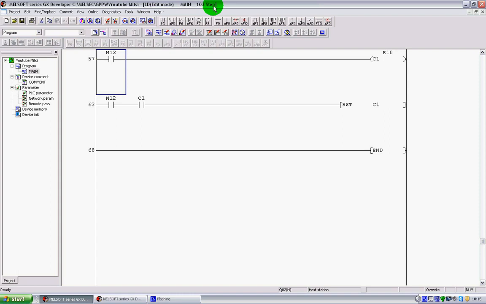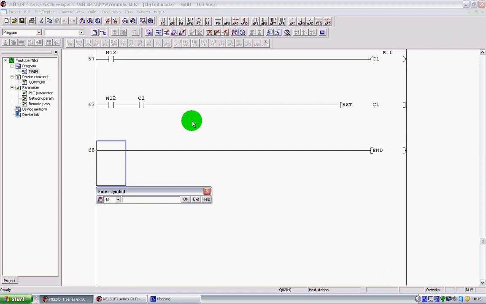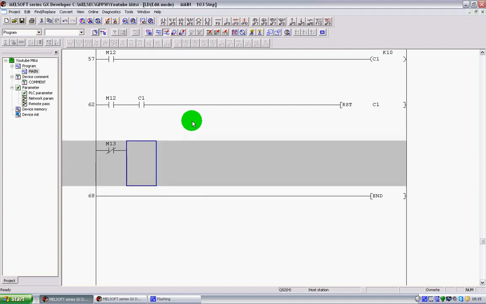What we're just going to quickly look at in this video is the move command and a couple of variations of that. Let's start just by putting in a normally closed contact. No particular reason, just that I want this to be obviously high from straight away. Now when we get a true signal from that, what we want to do is to move a value